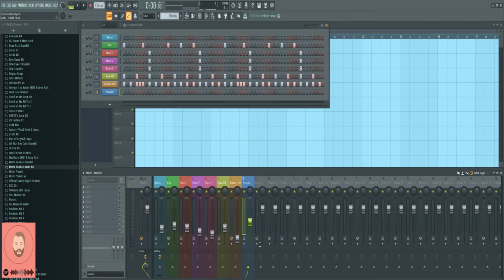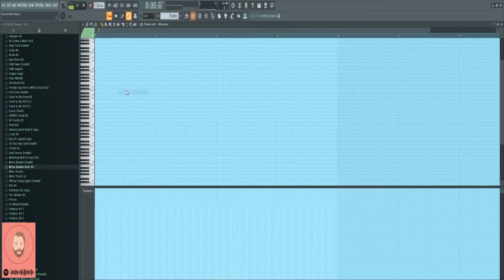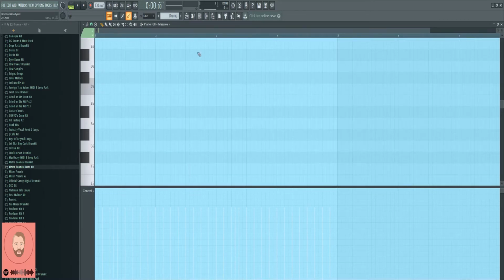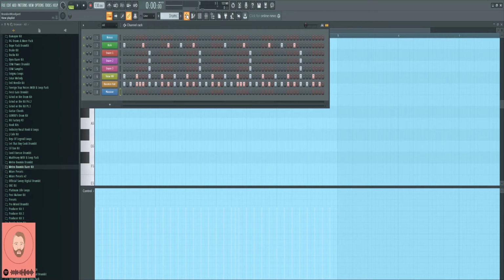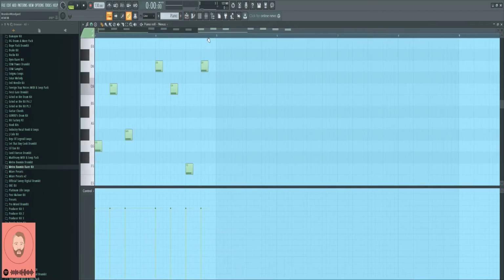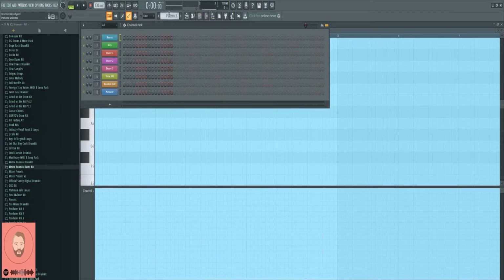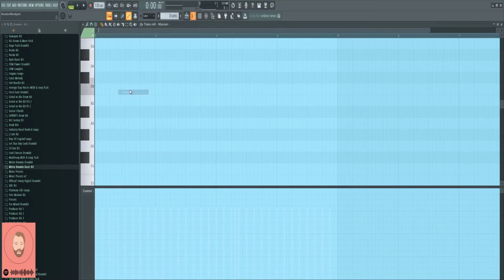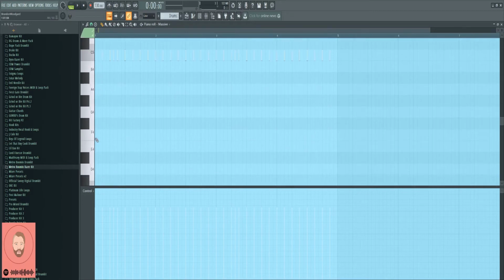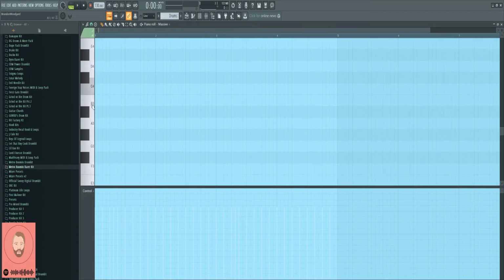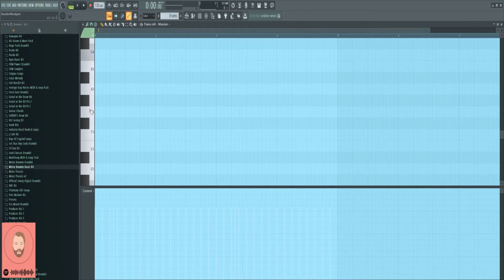Alright. So, we've got it preloaded. What we're going to do now is just start on the bass. What we want to do first is go to this and find out where the note starts, G. It's always a good tip to go along with the sounds. Sometimes I find it doesn't sound right, so